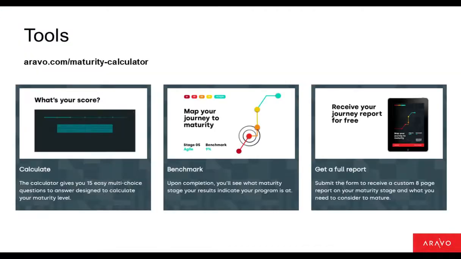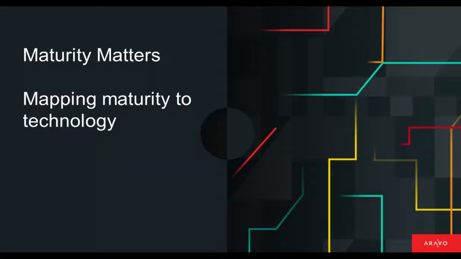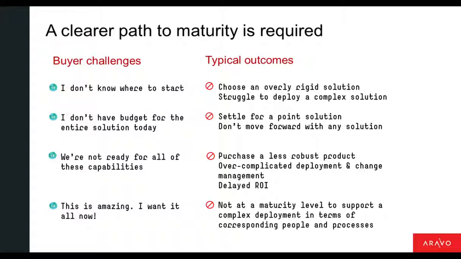What we thought would be next, we do have a tool for this just before we go into the workflows. If you want to calculate your maturity, we do have an online calculator for this, which gives you some useful outputs in terms of a document that you might want to use internally in your own conversations to help strike up conversations in terms of, well, what's next for us. But moving on to why a clearer path to maturity is required from a technology decision point of view, Dave?